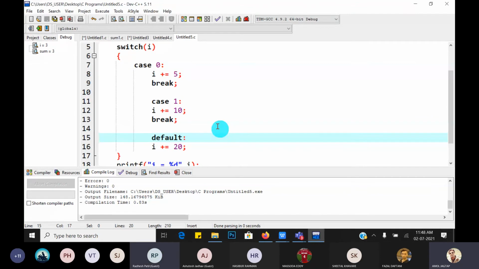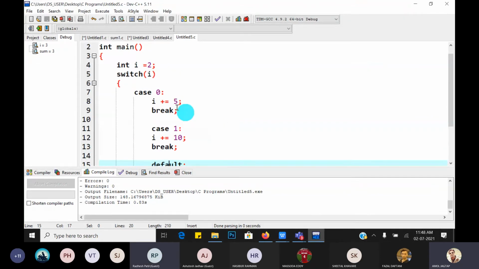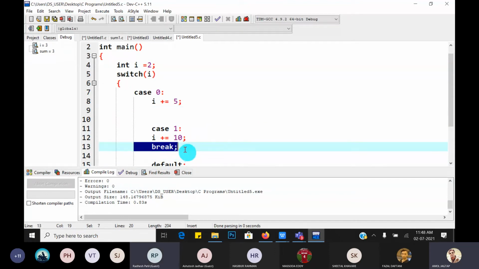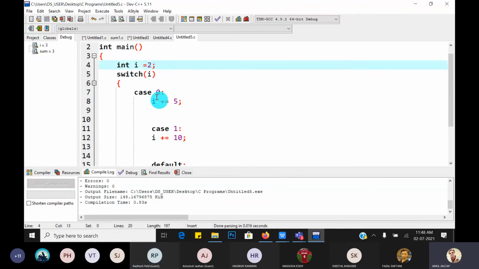Yes, sir. Now, the question is that I have removed the break statement from each and every case, and now I's initial value is 0. So what is the expected output of this code?